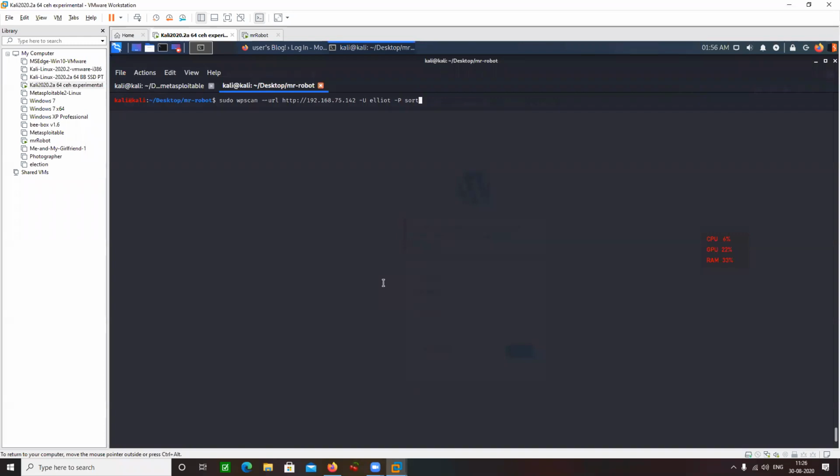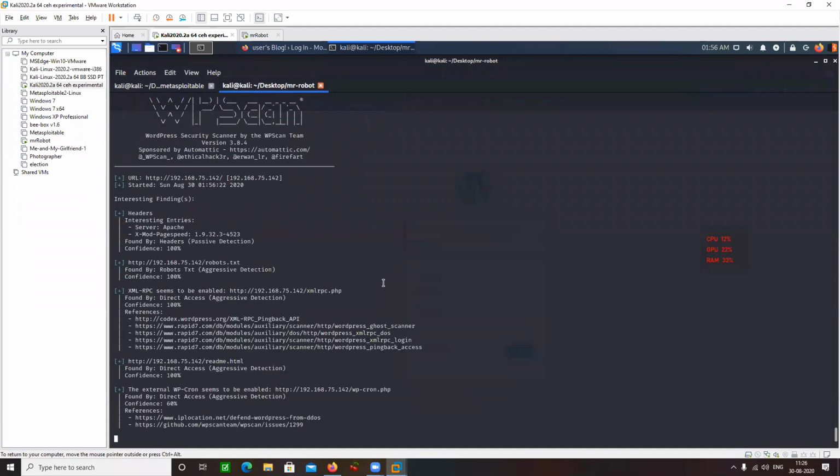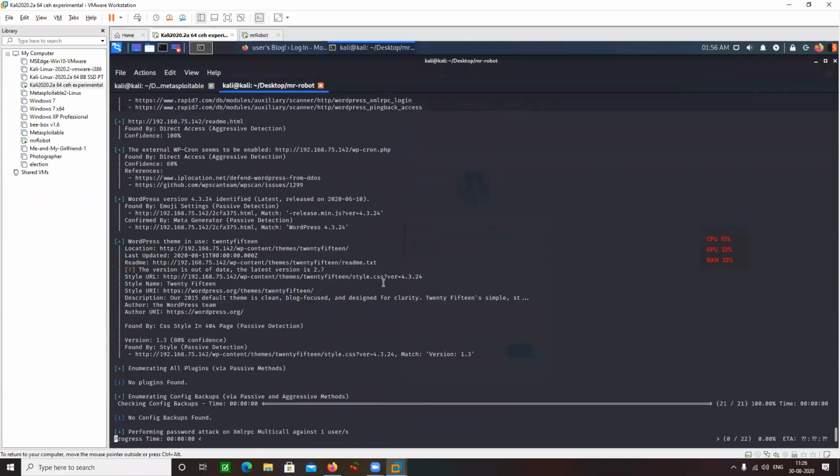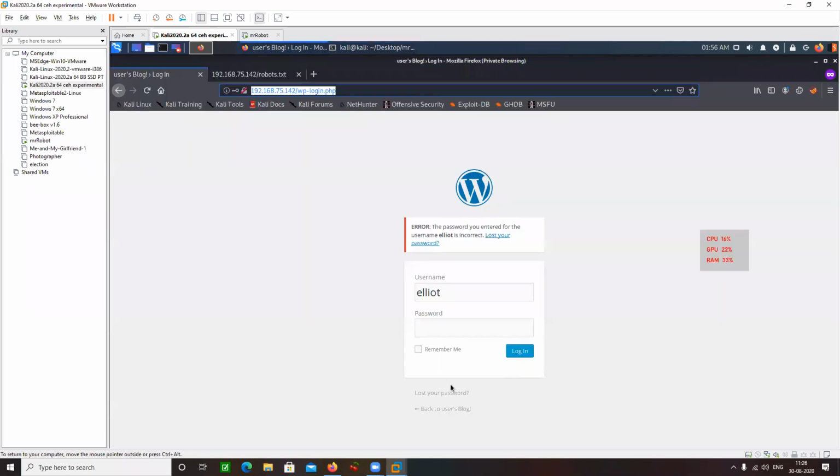In password, I'm going to provide a word list that is sorted.txt and press enter. So it has started your brute force attack, and one by one, all those 11,000 passwords are going to be tried here with this username. The password you entered for Elliot username is wrong.